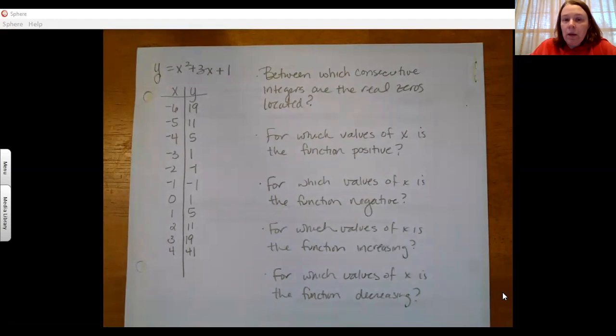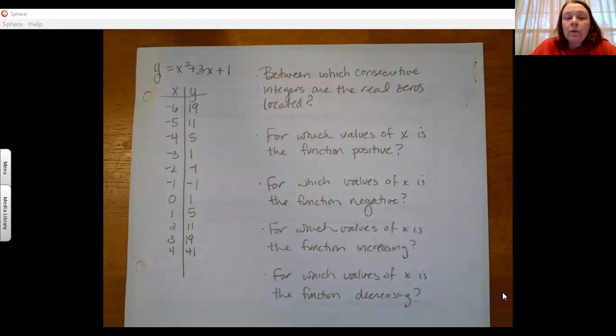There's a function, and if you just look at these questions, see if you can maybe have some guesses here. So between which consecutive integers are the real zeros located? Right? How do you know? For which values of x is the function positive? How do you know? When is it negative, increasing, decreasing? Okay, so